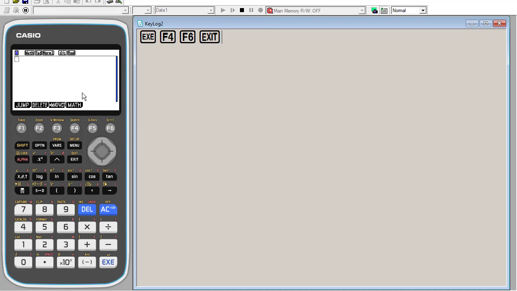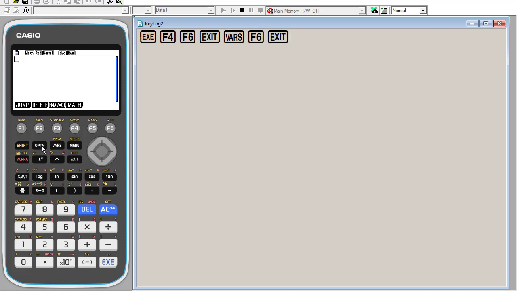So a couple other things to think about in Casio: whenever you're in a menu, whatever you see here is going to get you into other functionality. You just click the function, but you also want to check this VARS button, which has more options, right? So here's some more options, and again, they're controlled by my function keys. And when you see this arrow, that means there's more options. Let's hit exit to get back to our main one.